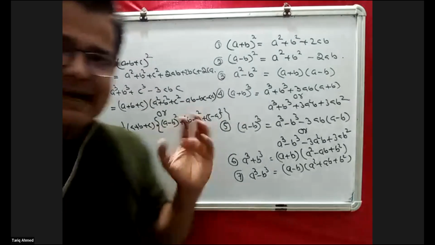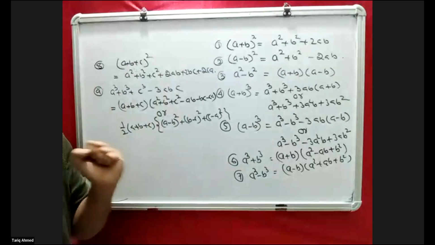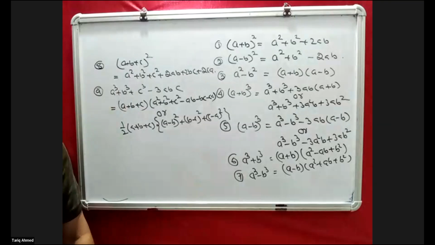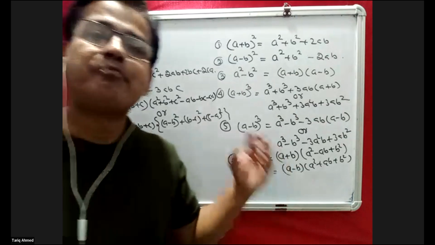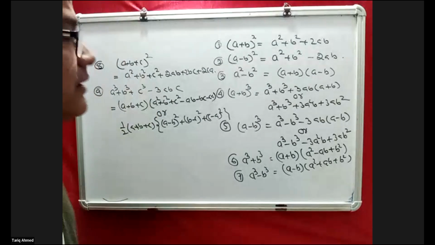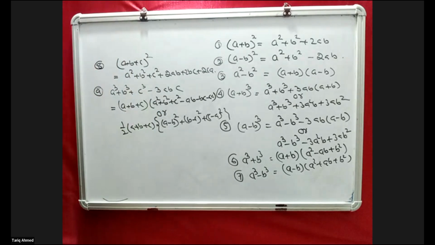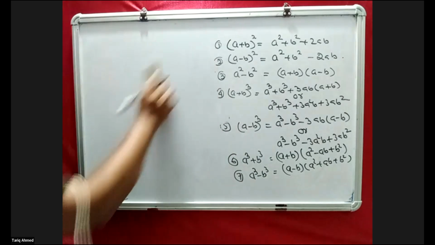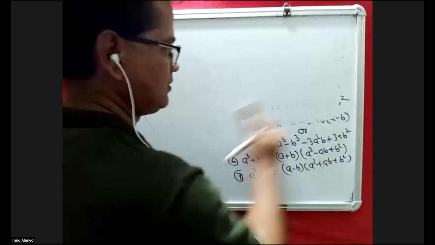See, these are the identities which you have to learn in the second chapter, the polynomial chapter. And questions based on this are asked in school examinations as well as in Olympiad papers. Now, I'm showing some questions here, which can be asked in your school exam as well as in Olympiad papers.